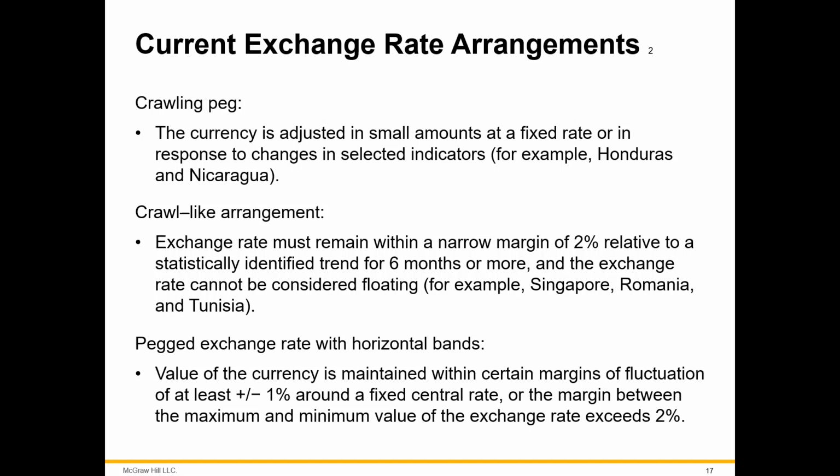If I have a crawling peg, so in this case, in my example, right, I'm giving up 8% a year, which would be a lot, but the interest rates in the crawling peg country might be 10% versus 2% in the pegged currency. And so, right, I'm giving up 8% a year in currency value, but I'm gaining 8% a year in interest rate, and it ends up being neutral. So as long as the interest rates end up being matched closely to the crawling rate, it can in practice look fairly similar to holders of the currency.